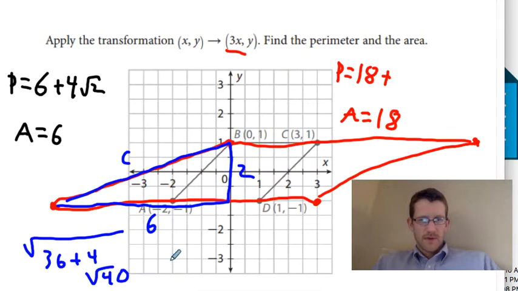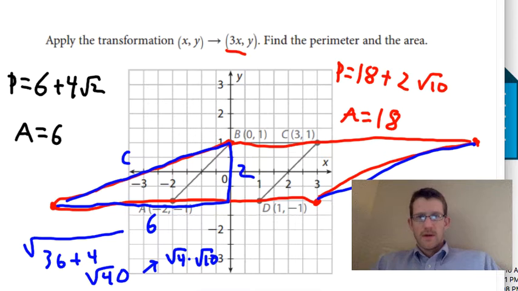And we can split square root of 40 up into the square root of 4 times the square root of 10. And then we all know what the square root of 4 is. That's 2 square root 10. But wait, there's 2 of those. There's one here, and there's this one here. So instead of being 2 square root 10, we might as well put in 4 square root 10. Okay, so those are the values we can plug in for the perimeter and area of the original, and